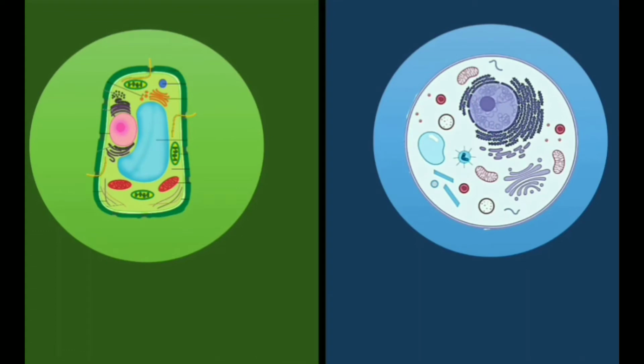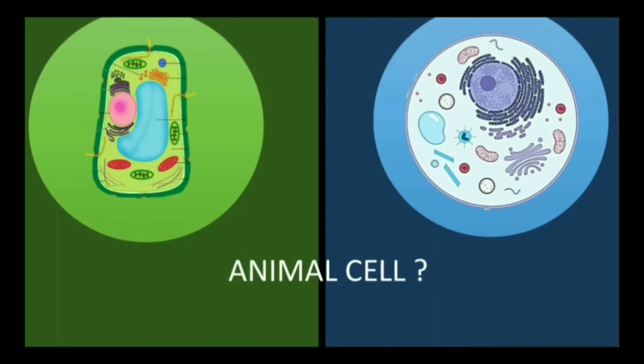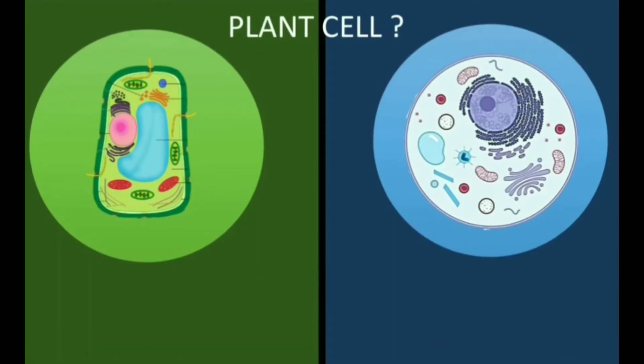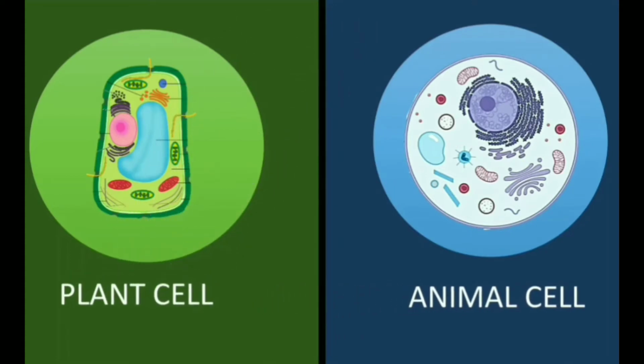Can you see two cells on your screen? Yes. Okay, now can you recognize these cells? Can you tell me which one is an animal cell and which one is a plant cell by just looking at these cells? Yes, it's very easy for all of us, as we have already discussed and seen both of these cells while studying different parts of the cell. So here the first one is a plant cell and the second one is an animal cell. So let's find out differences between these two cells.